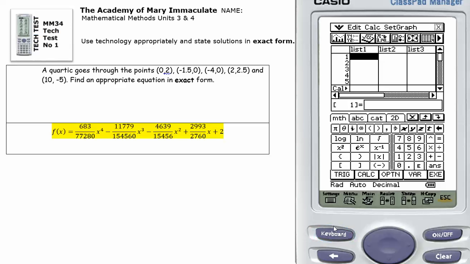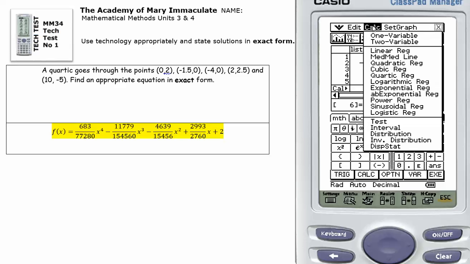So, keyboard, I've got 0, and the next point is negative 1.5, and I'm just going to quickly do these. As you can see, I've entered the 5 coordinates. If I go Calc, quartic regression,